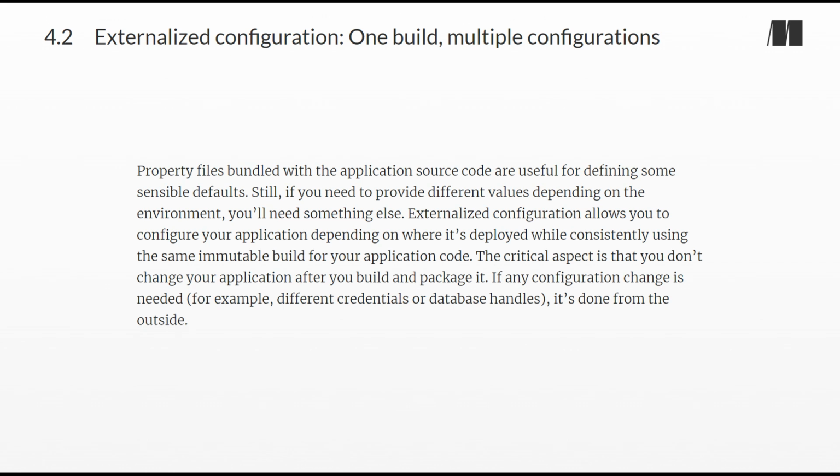Section 4.2, Externalized configuration. One build, multiple configurations. Property files bundled with the application source code are useful for defining some sensible defaults. Still, if you need to provide different values depending on the environment, you'll need something else. Externalized configuration allows you to configure your application depending on where it's deployed, while consistently using the same immutable build